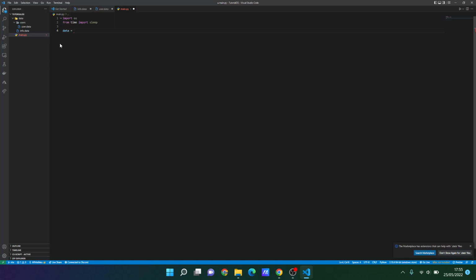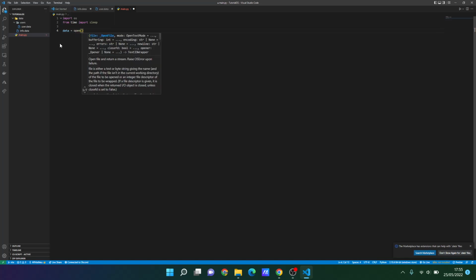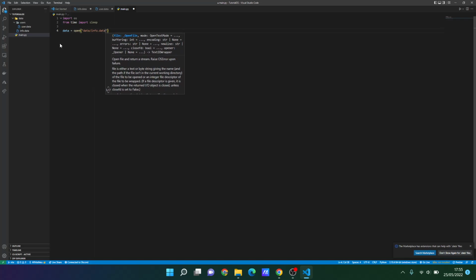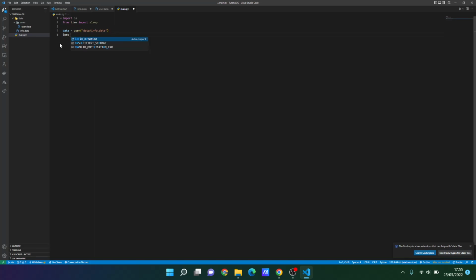So we'll set data to open, and then it'll be data slash info.data. Then info underscore data would be equivalent to data.read. Then we'll use an if condition to check if data is equivalent to 0 or 1. So if info underscore data is equivalent to 0,